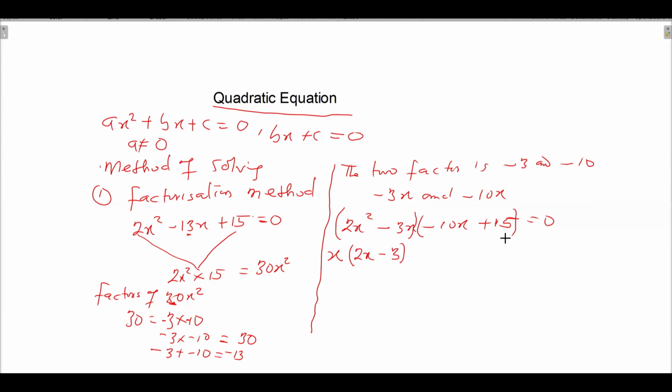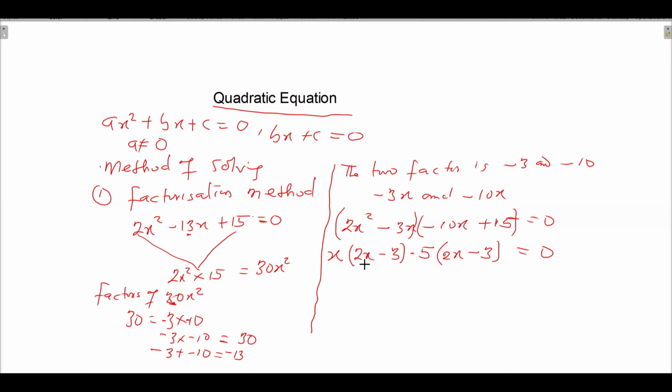And if you look at minus 10x and plus 15, what is common to that? 5 is common to 10 and 15. But if you check, this is minus 2x rather than minus 3. So the first term here is positive, and here we have a negative. So you can say minus 5 can go out, to have the same thing as this positive here in our factorization, and this will give me 2x minus 3,